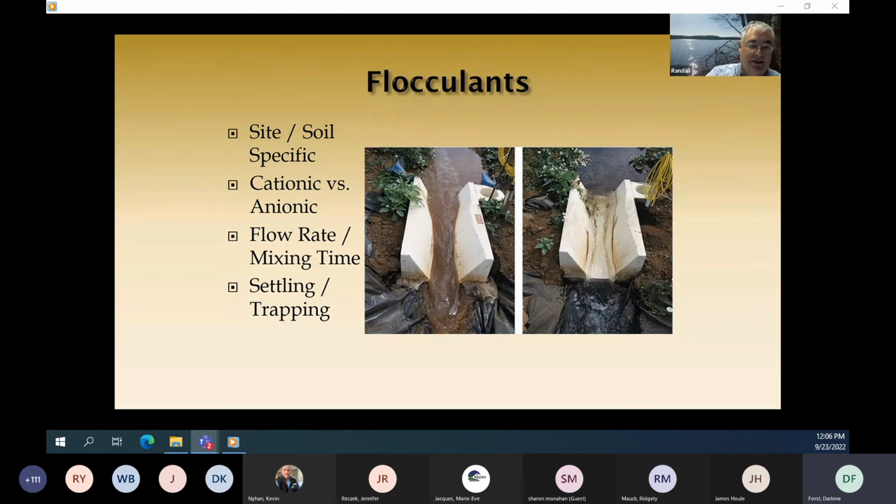There's two different types of flocculants, cationic and anionic. Cationic needs a special permission to use from EPA because they are hazardous to fish. Anionic are not hazardous to fish in general, depending on what material they are. You need to have the soils and the sediment that you're going to be discharging tested. Most of the manufacturers run the tests and tell you you need this amount of flocculant per 1,000 gallons or whatever it is. And you need to know the flow rate, and there needs to be some mixing and then some settling within it. If we go to the next slide,